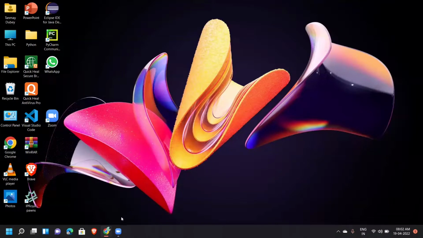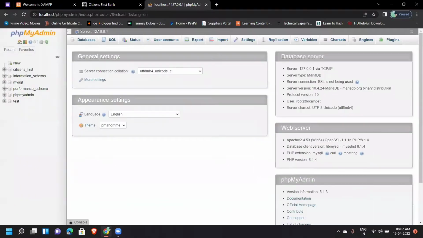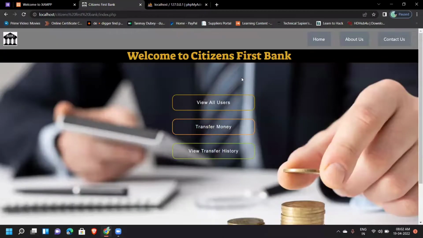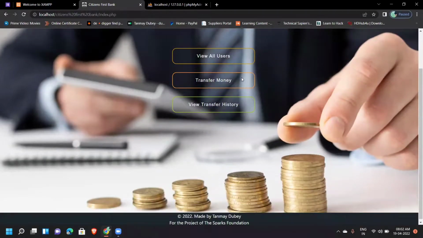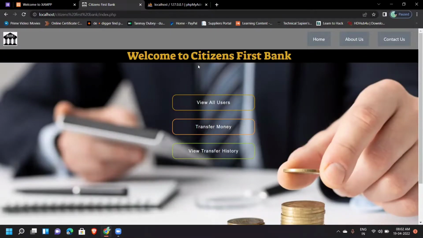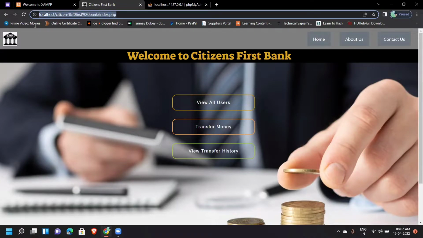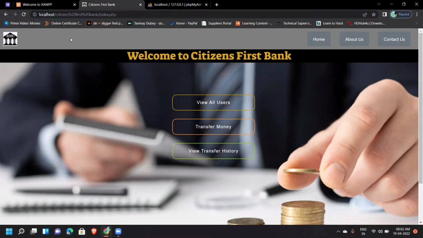So now I will open my browser to show you the live and practical demonstration of my project. Here I am using my Google Chrome browser, and I have already opened my project, and here you can see the address of my project. It is localhost Citizens First Bank, and the index PHP page is open, which is the basic landing page